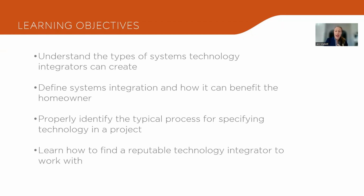We're going to define how it can benefit the homeowner, the planning process and the design process, just like having an architect, a great interior designer, a great builder, a great remodeler. You're going to want a great design technology professional to help support that team so that you can really enjoy your home and the project can be as well designed from a structure perspective as it is from a